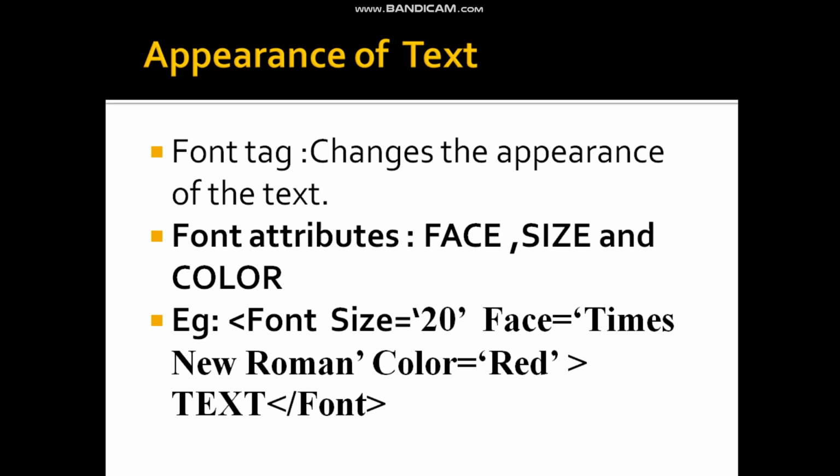Now the font tag has attributes. Attributes means properties. Okay, what things can you add in the font tag? There are three things that can be added: face, size and color. Okay, face, size and color. Face means the style of writing, like Times New Roman, calligraphy, Lucida. These all are the styles. Size means the size of the text, and color means to give a color, right?